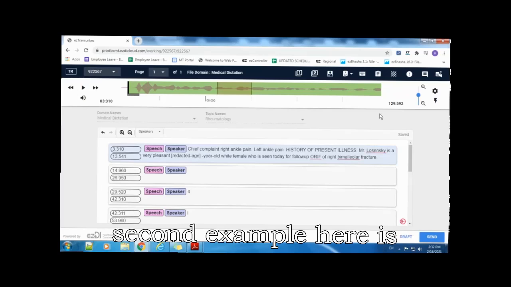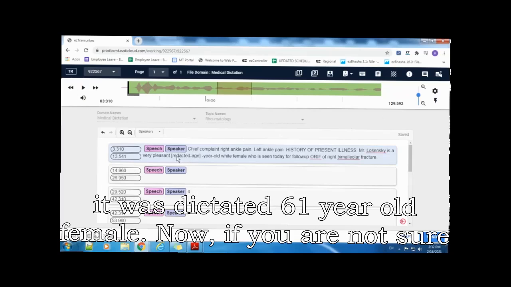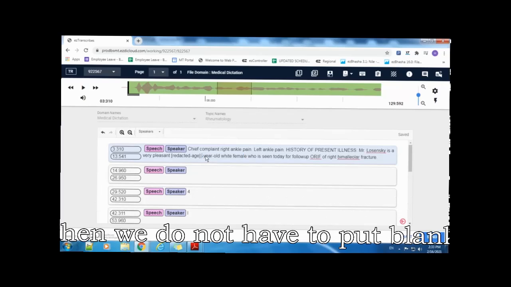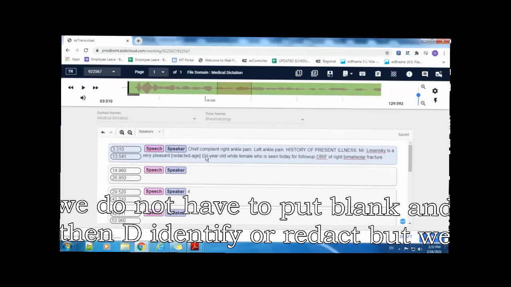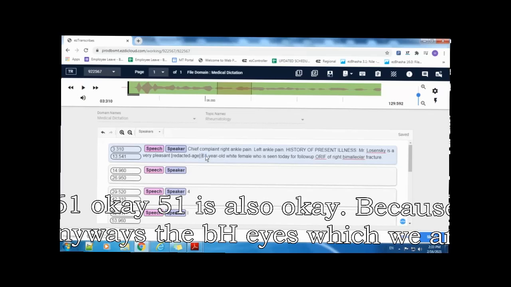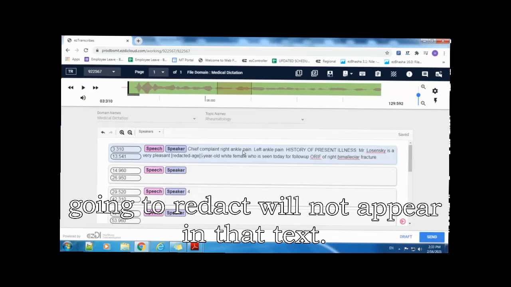Second example here is, it was dictated 61-year-old female. Now you are not sure whether it was 61 or 51. Then we do not have to put blank and then de-identify or redact, but we have to put any value. 61 okay, 51 is also okay, because anyways the PHIs which we are going to redact will not appear in the text.